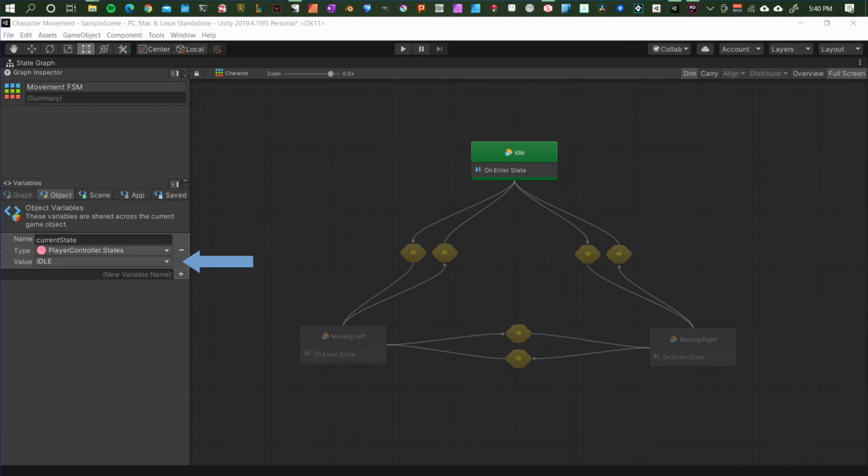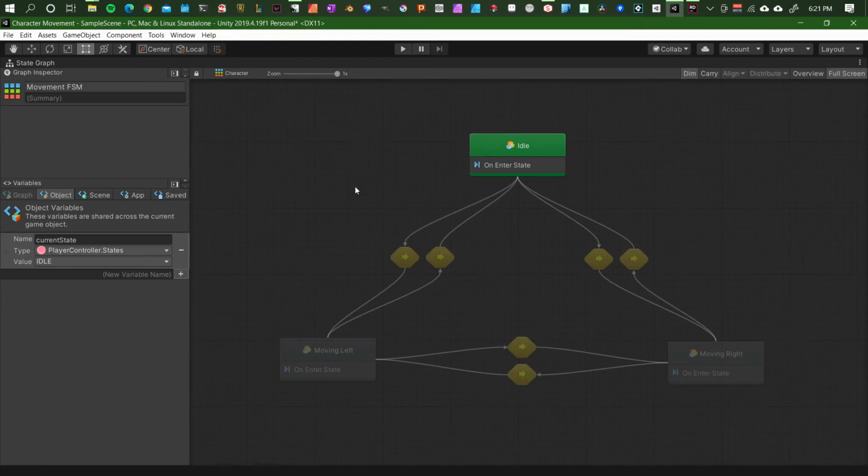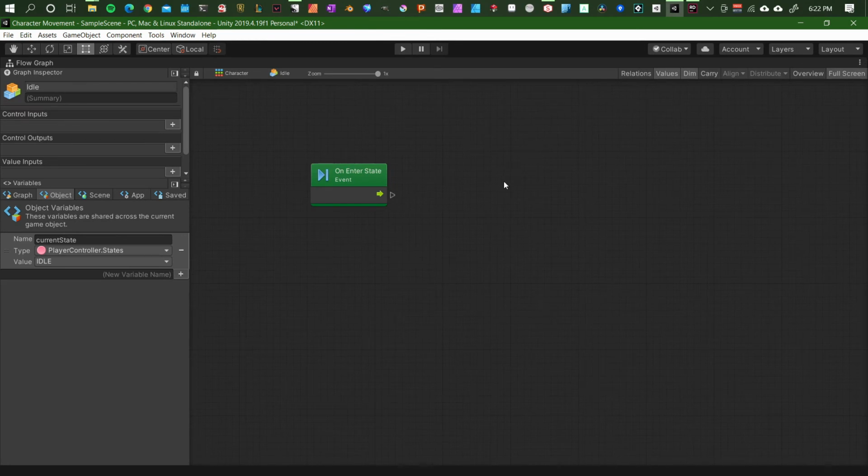We'll do so in the onEnterState event for each state. Let's start with our idle state. Go ahead and double-click to edit. Now, Bolt is a visual programming language. It represents programming logic through a flow of nodes, and all node flows start with some sort of event, in